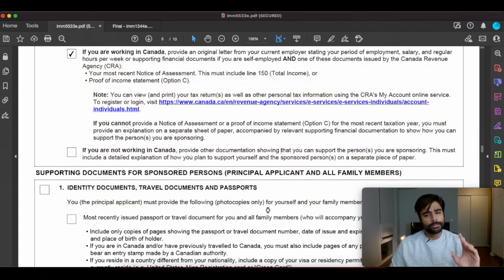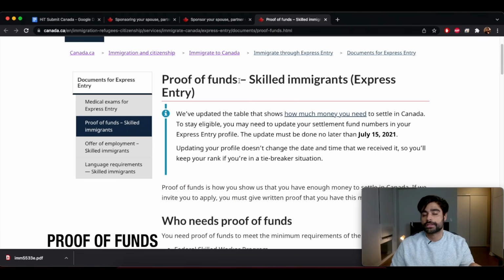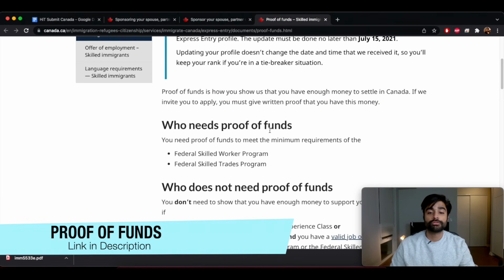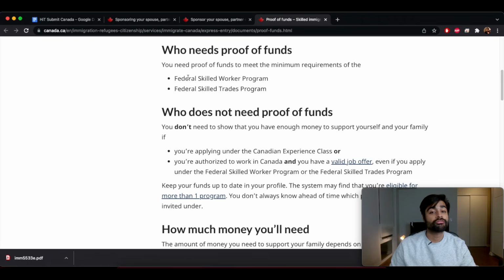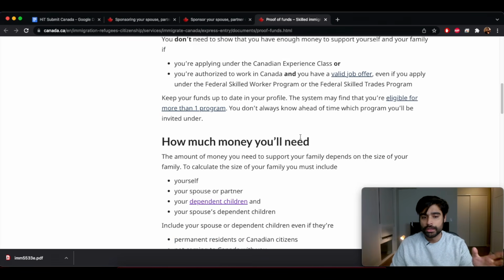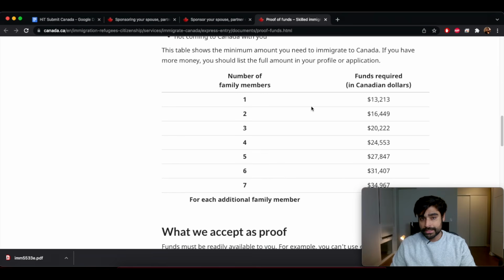So let me show you another page real quick. Proof of funds. Now this page tells you how much proof of funds you need to have in your account when you migrate as a federal skilled worker. All right. So this doesn't really apply to spousal sponsorship, but this should give you a general idea about how much they are expecting for one person or two persons to take care of themselves. So if you scroll down here, this table shows you the minimum amount you need to immigrate to Canada. So funds required in Canadian dollars for one person is 13,213. For two people is